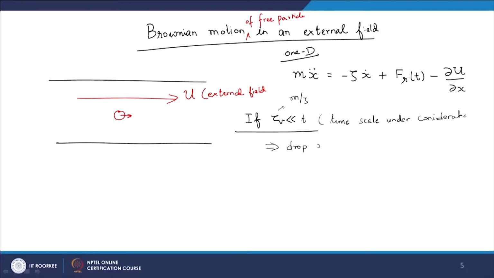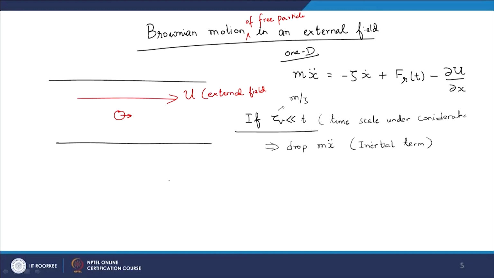So, in this case I can drop m x double dot, that is my inertial term. That is not a bad approximation in many cases, as long as either the mass is very small or the friction is high enough. In that case we can drop the inertial term, and so this gives me